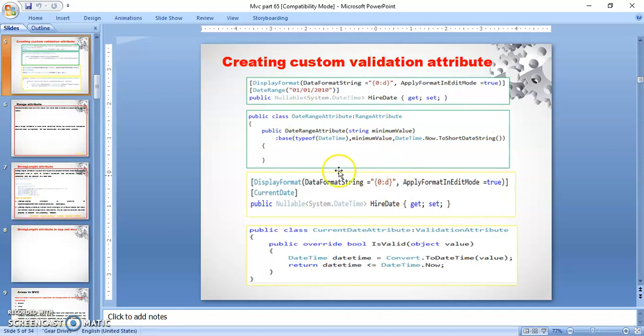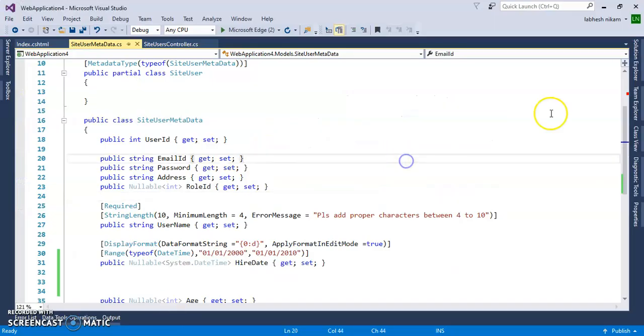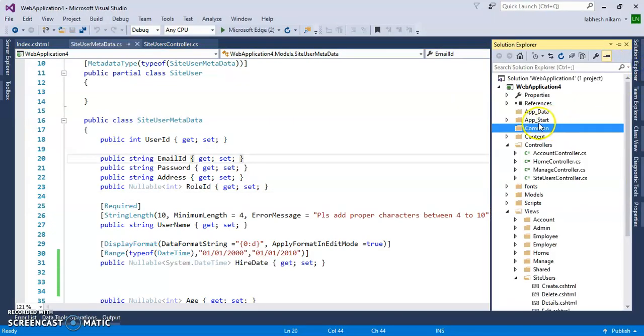In the last session I explained the date validation, and for that we were using two dates to get the difference between two dates for the validation. Today we will use a class to get the difference of the date, or validation of the date range. Okay, so let's start. I will create one class.